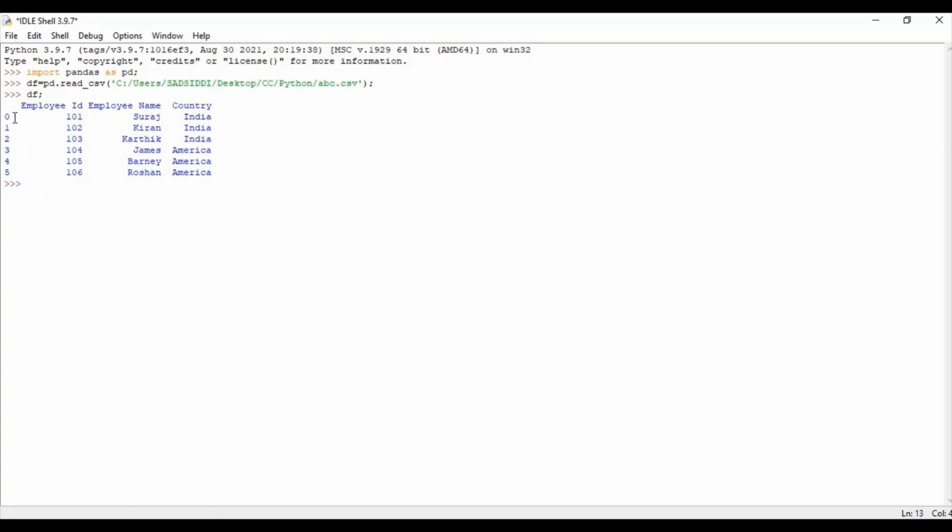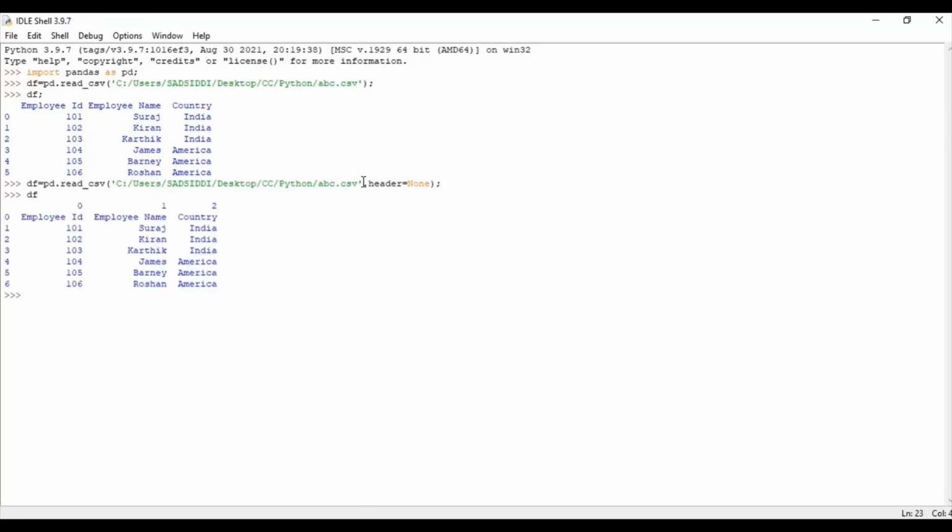By default the first row is considered as the header. Now if I do not want the first row to be considered as the header, what I'll do is, comma header is equal to None. So the first row will not be considered as header. Now if I write df, the header will become 0, 1, 2.